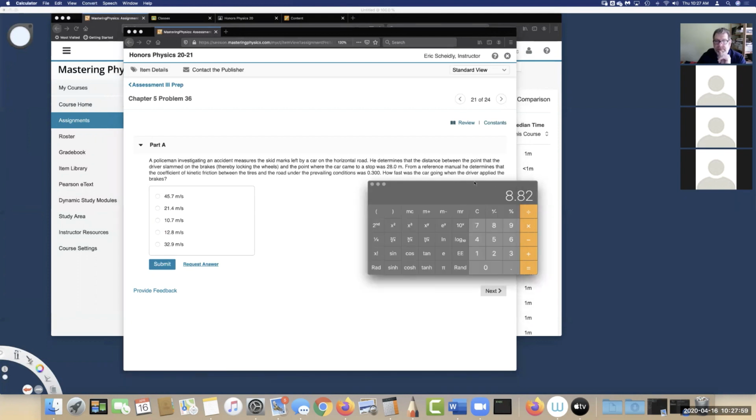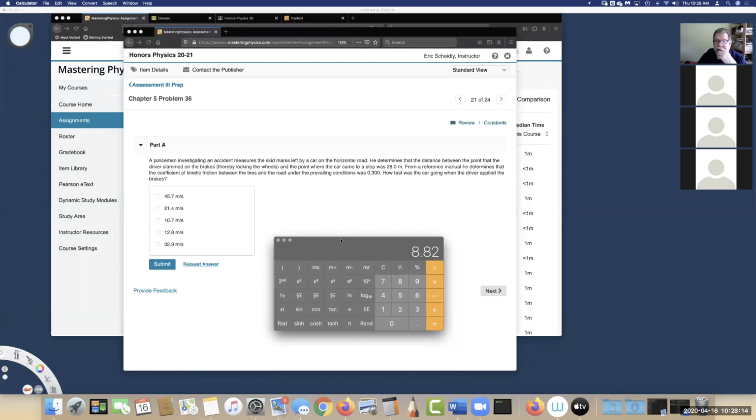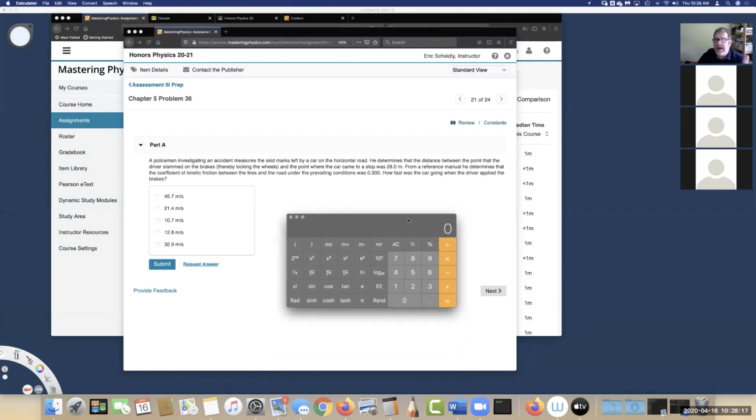Well, we're looking for velocity. So we want to find what was the initial velocity of the car as it skid to a stop. So we have the coefficient of friction, and I demonstrated in a lecture, in order to save myself time here, that the acceleration of a car skidding to a stop was mu times g. So the coefficient of friction is 0.3 multiplied by 9.8, and that's the acceleration. So the acceleration is 2.94,